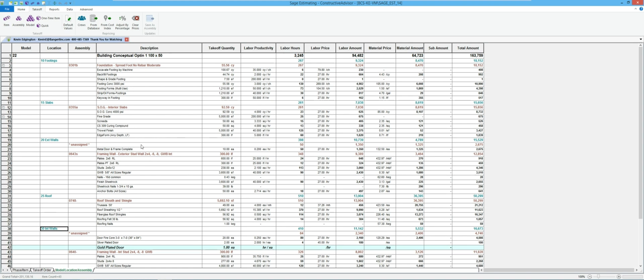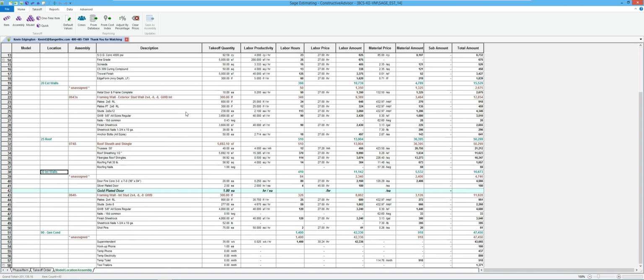So as I'm looking at this estimate, how do I know if it's complete? If I notice, most clients that I work with, if I ask them, how do you know if all your buckets are filled in? How do you know if you've got everything, all your quantities filled in, or if you put in an item that you're waiting on a supplier to get your price back or something of that nature, how do you find those items? And the most common response I get is, oh, it's highlighted.